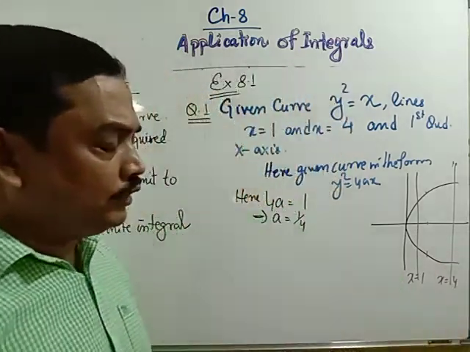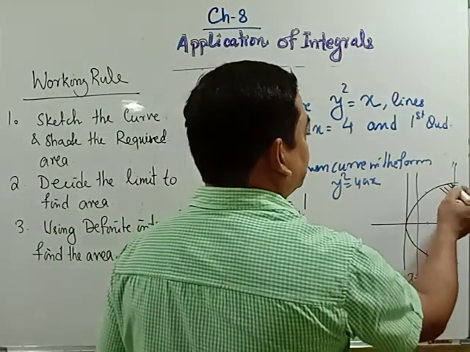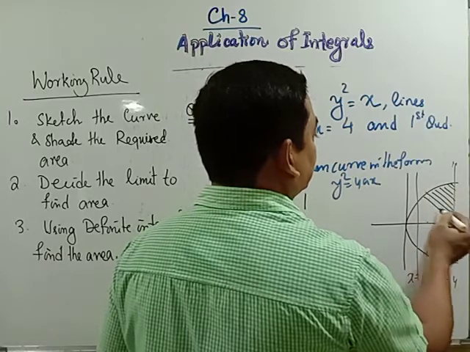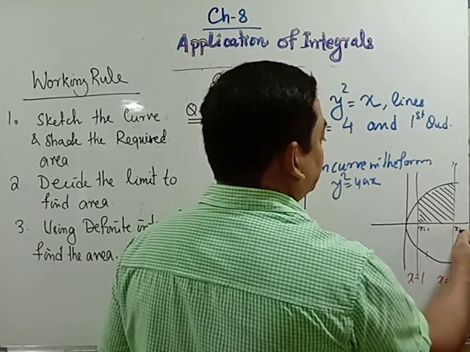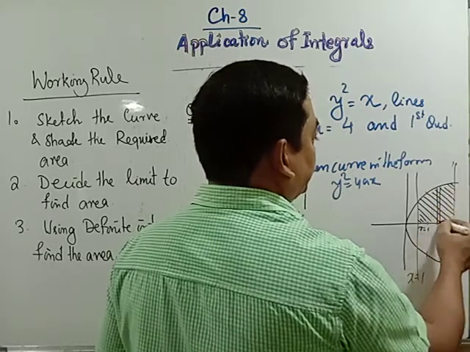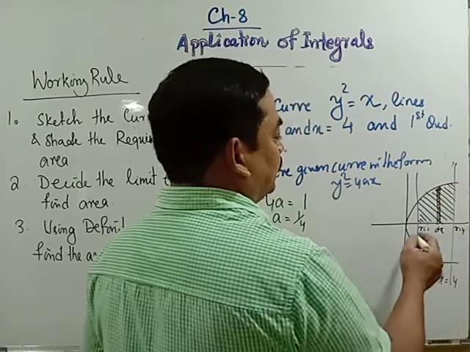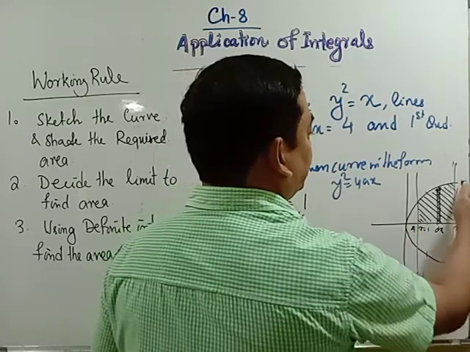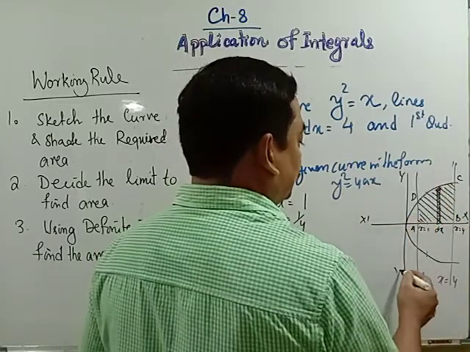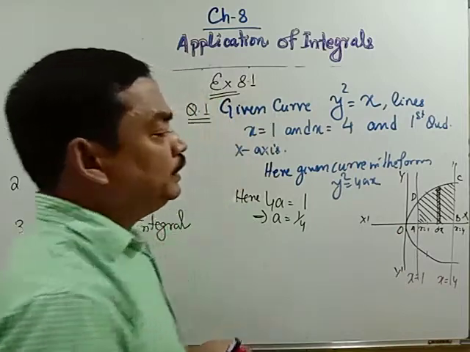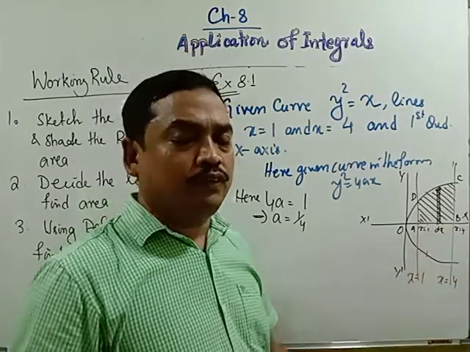Two lines you have drawn, and the area between them, the x axis and the first quadrant, this is the required area, x is equal to 1, x is equal to 4. Here you can take this part dx, a small change. You can name it A, B, C, D. This is your x axis, y axis. This is the area to find. This is your step 1, the limit you have got, x equal to 1 to 4.